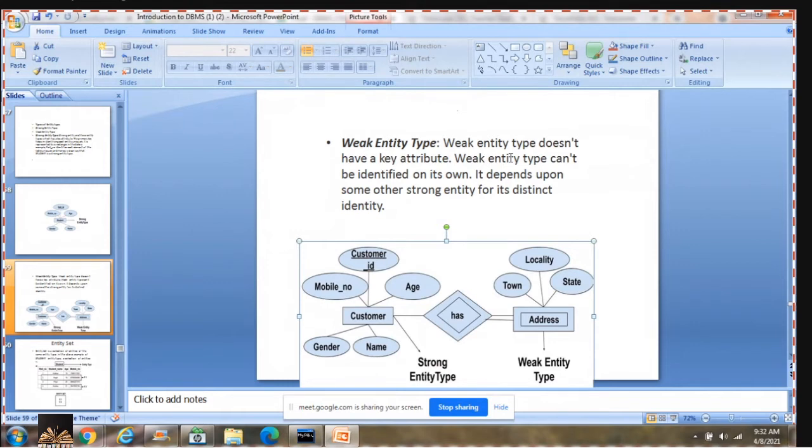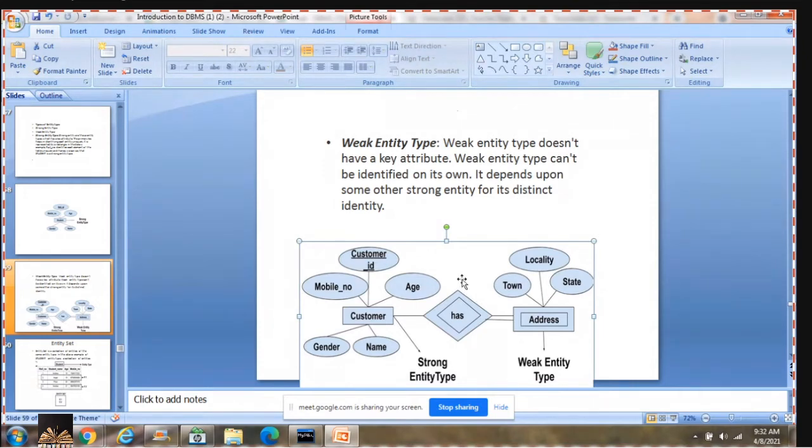To make it simple, if there is no primary key with respect to a particular entity, then it is a weak entity. It usually depends on some other strong entity for its distinct identity.